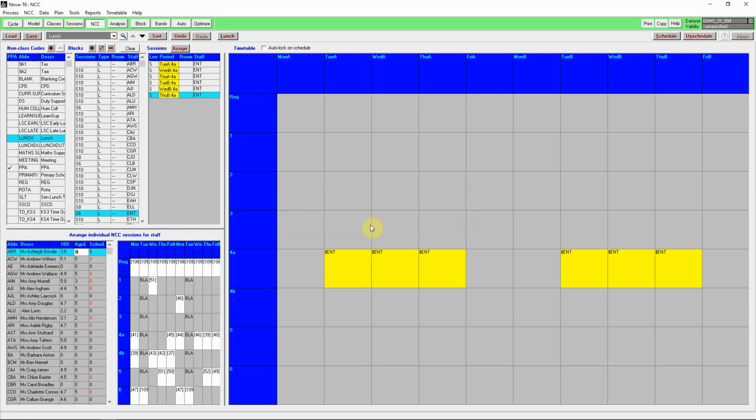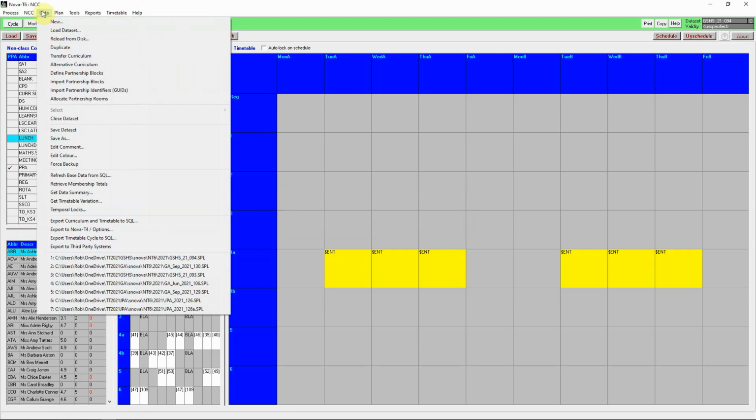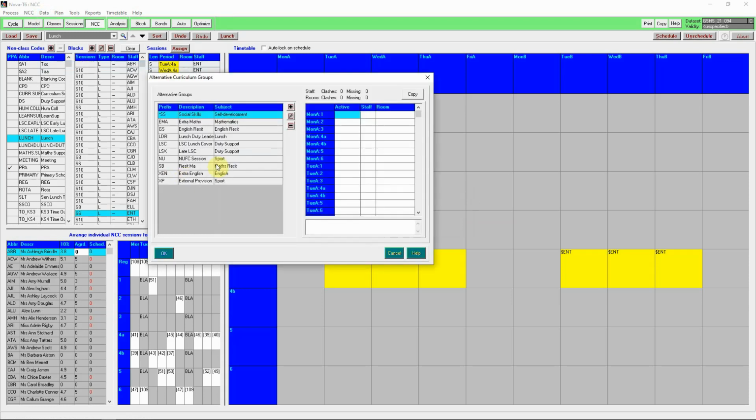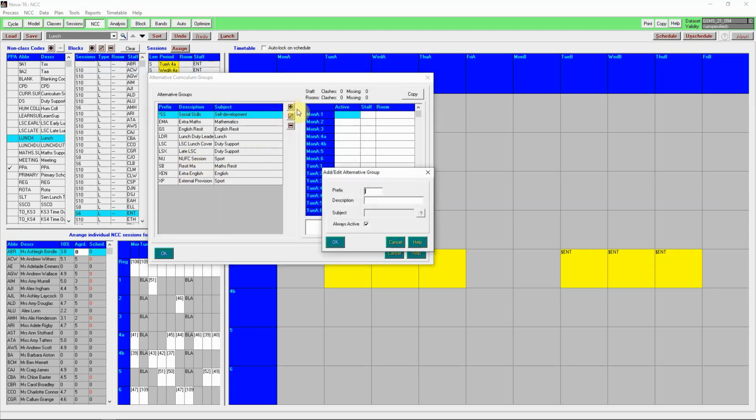What we now have to do is to put it into the alternative curriculum. So it is data, alternative curriculum. I see you've already got some alternative curriculum items in, but we're going to create a new one. Add English tutoring,